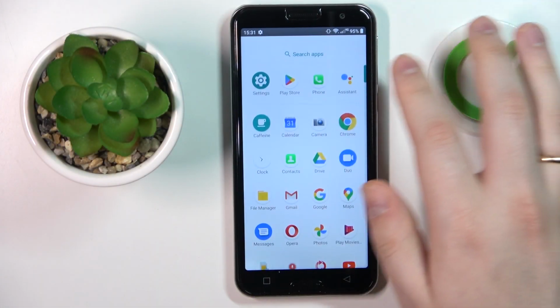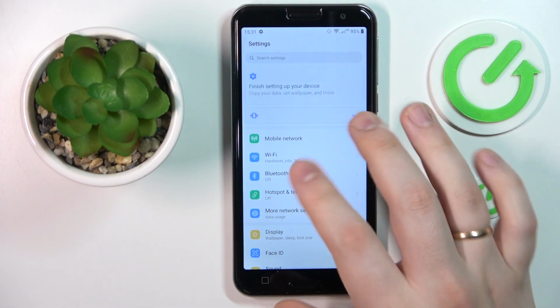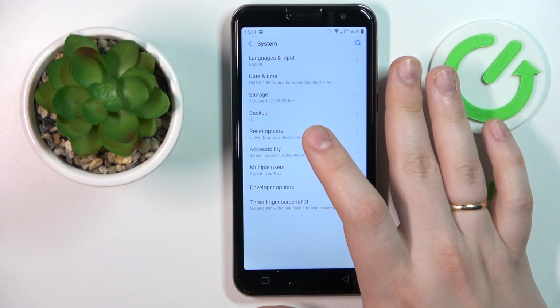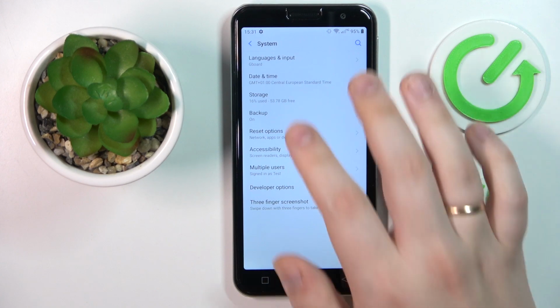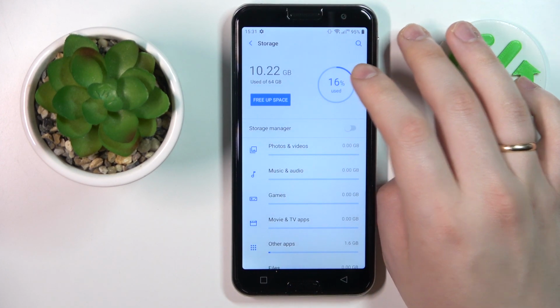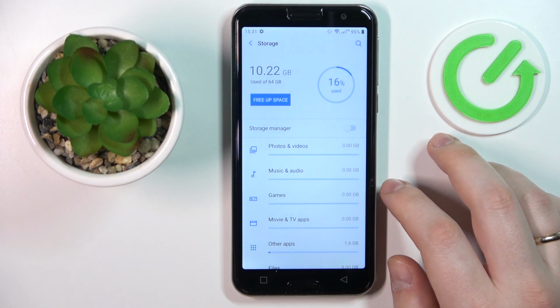So to start, let's open the Settings tab. From here you will need to find and enter the system category. Then at the system page you will see the storage section, so that's obviously our next step. And at the following page, after you will open the storage